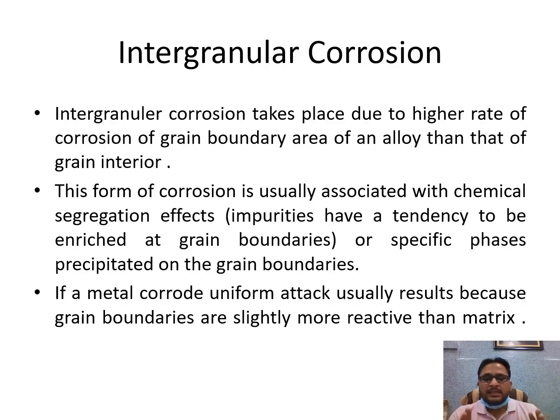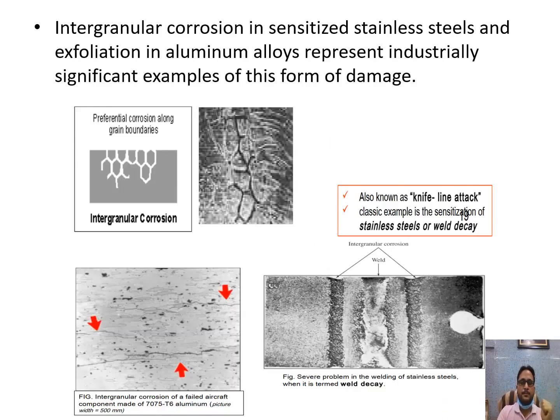But heating it uniformly up to high temperature is only possible when the structure is small. But if the structure is too large, it is very difficult to heat that structure uniformly, and therefore it is difficult to stop intergranular corrosion. So this is intergranular corrosion. You can see here